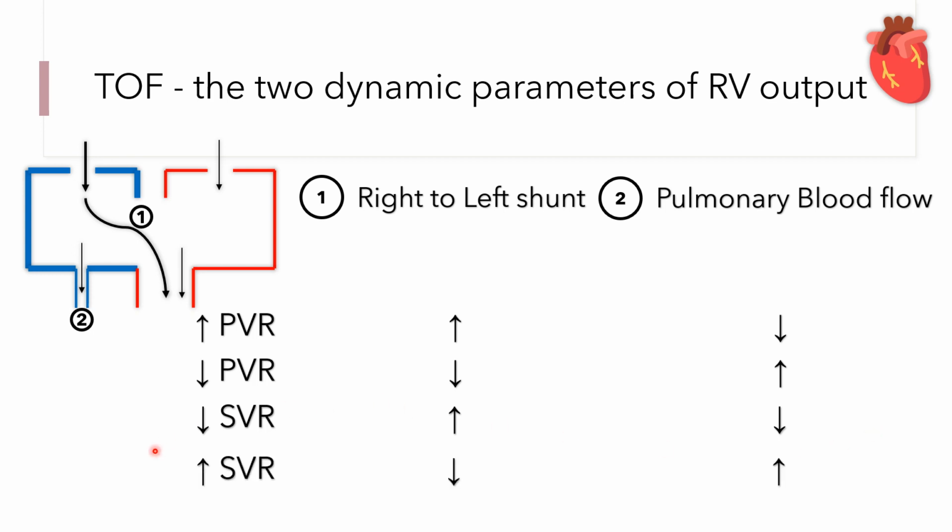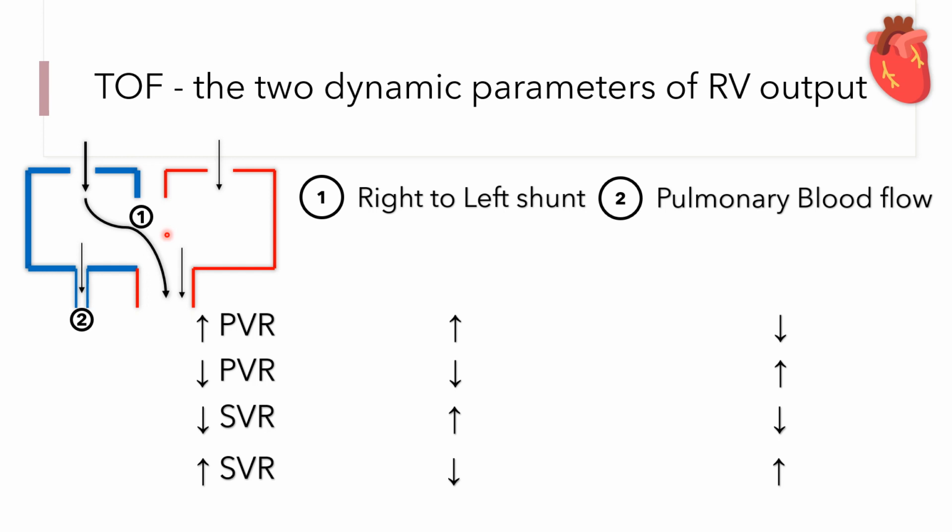Conversely, when there is an increase in systemic vascular resistance, the blood will go predominantly into the pulmonary blood flow. That means the right to left shunt will decrease, which will lead to a decrease in the severity of cyanosis. So we have understood that basically an increase in pulmonary vascular resistance or a decrease in systemic vascular resistance will lead to